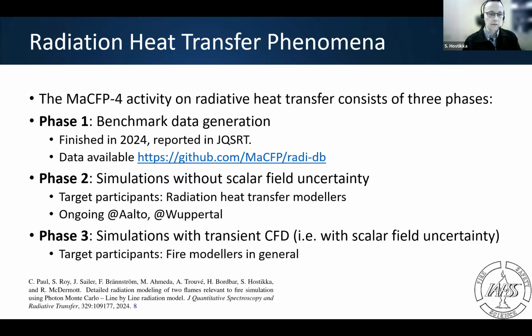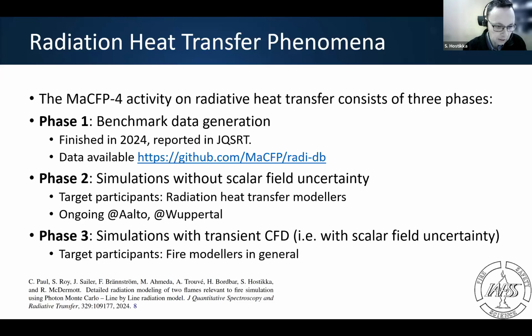The second phase, something we anticipated to do in the Tsukuba presentation, will contain simulations where we want to minimize the scalar field uncertainty. So basically, we take snapshots, frozen situations of a fire, and do radiation calculations without considering any fluid dynamics or anything.